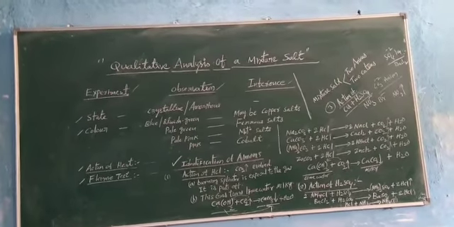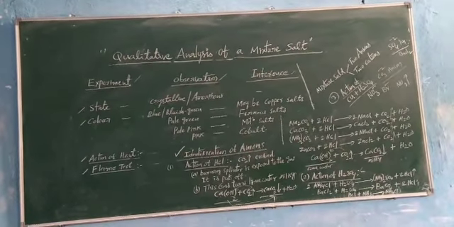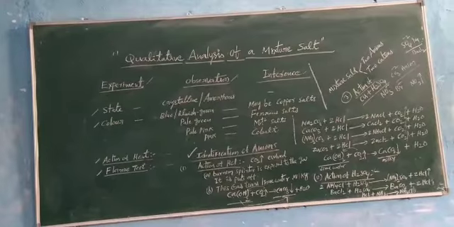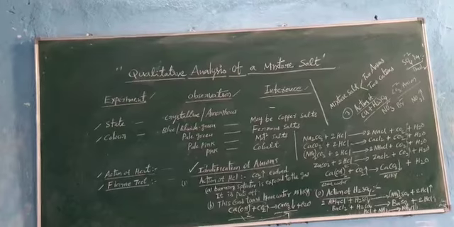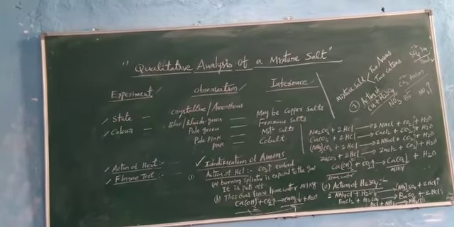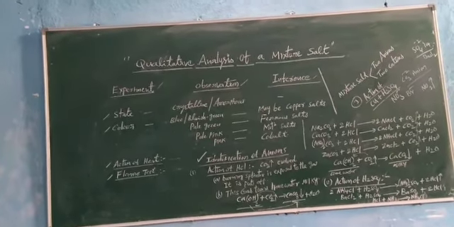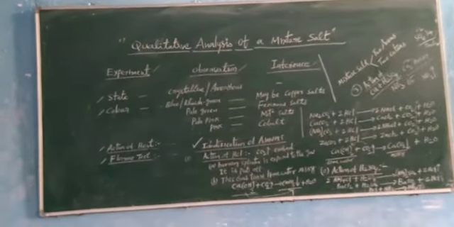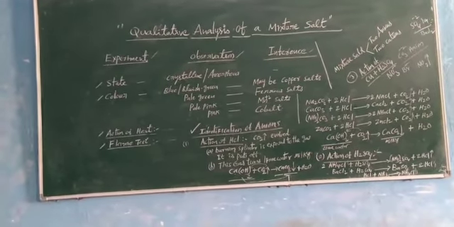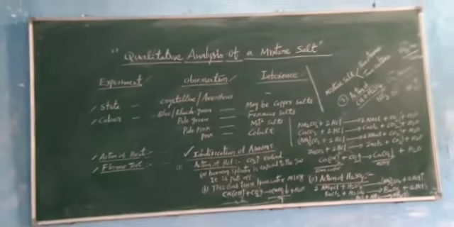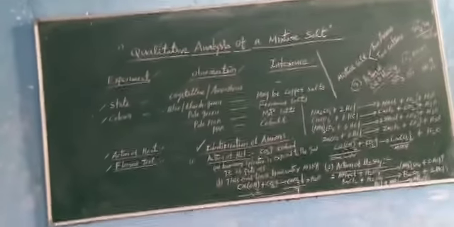Next, action of calcium fluoride. A small amount of the given mixture is mixed with an equal amount of calcium fluoride, CaF2. To this add 2 or 3 drops of concentrated sulfuric acid and make it into a paste. This paste is introduced into the Bunsen flame with a glass rod. What observation have we made? Green flame is observed. Borate ion is confirmed. So these are some of the reactions for the identification of anions.